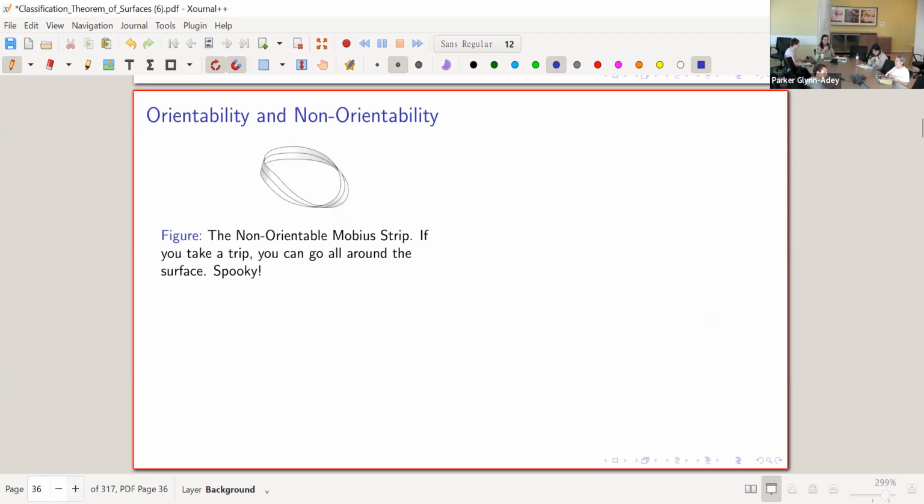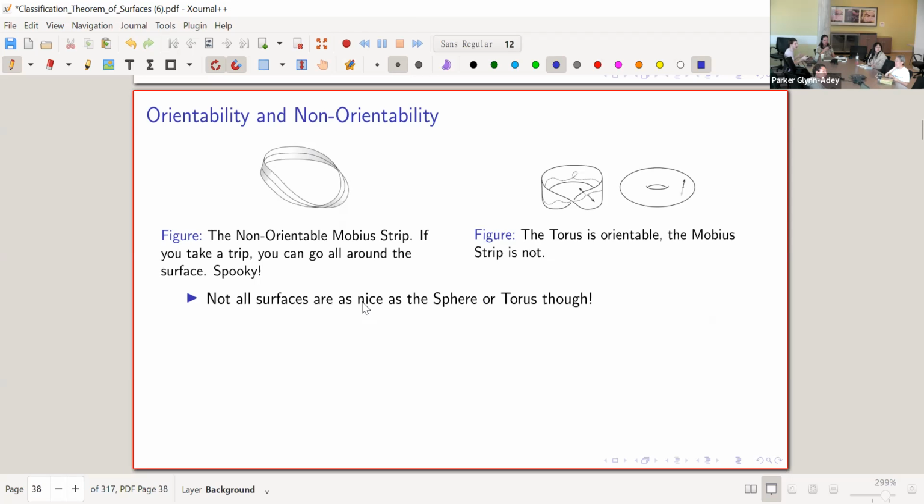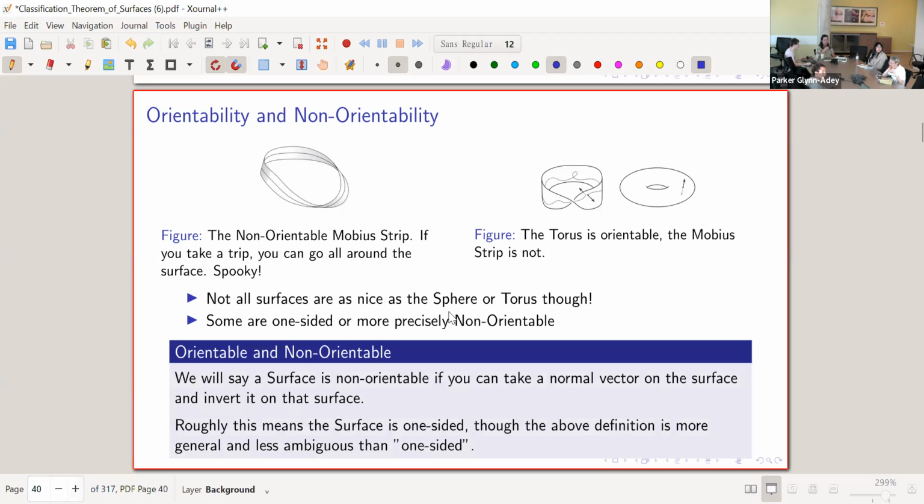So now we're going to discuss some non-orientable surfaces. Not all surfaces are as nice as the sphere or the torus. Some are what we call non-orientable. Basically, we'll say a surface is non-orientable if you can take a normal vector on the surface and invert it on the surface. What an orientation is, roughly speaking, is a choice of what side of the surface you're on. And you make that choice by choosing a normal vector. So for the torus, we can see that we can choose two normal vectors